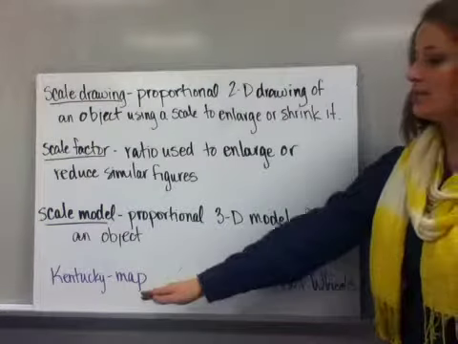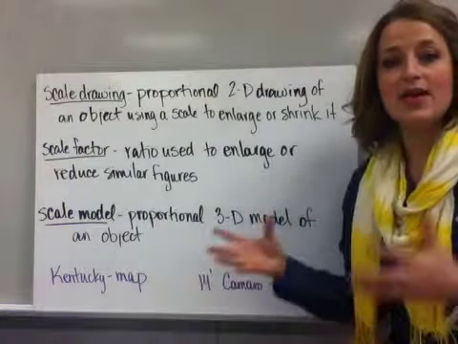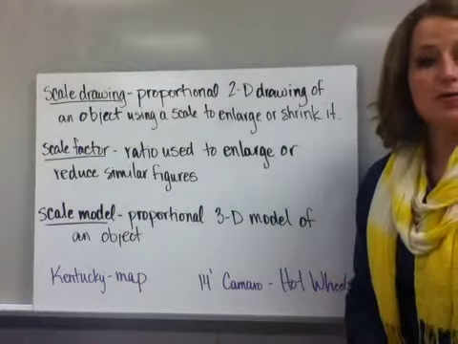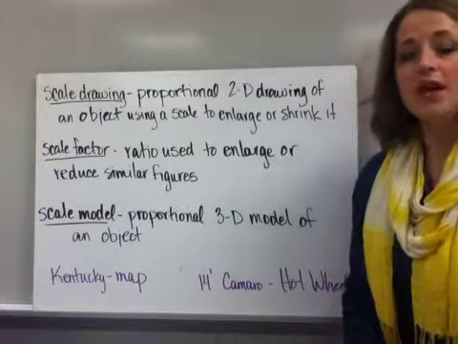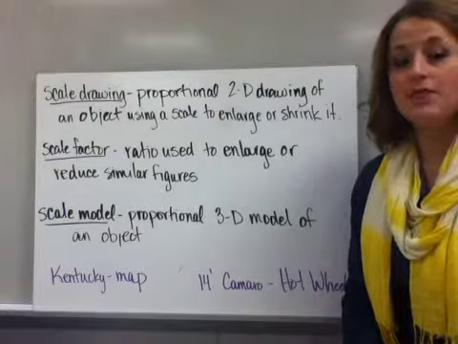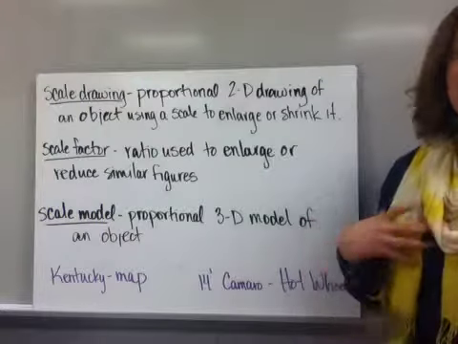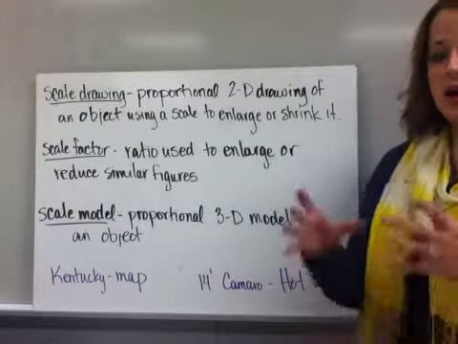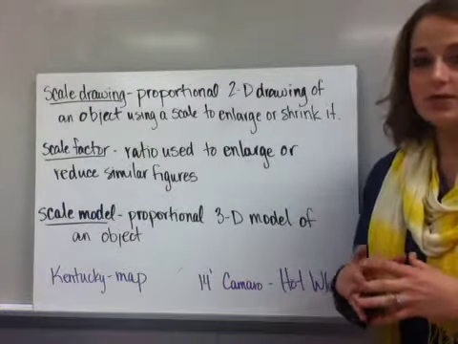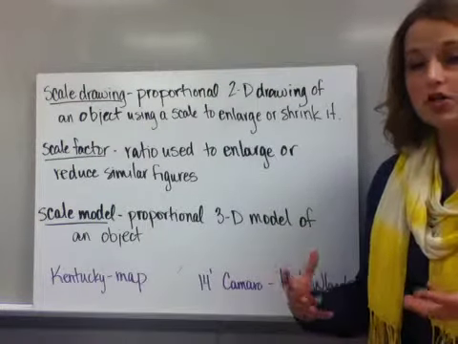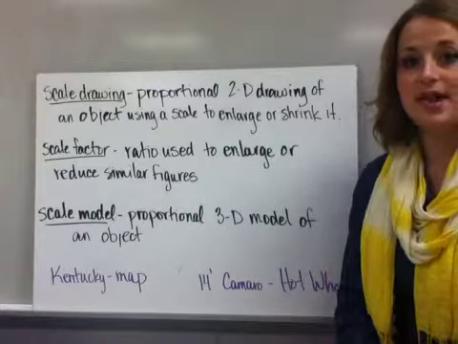So two-dimensionally, this might be something like the state of Kentucky. That's the actual object, and we shrink it down proportionally so that it will fit on a map. Or think about some things in your science textbook. If you were studying an animal cell and you wanted to look at dimensions of it or see how things fit inside of it, an actual animal cell is way too small to look at. So what your textbook does is it enlarges it proportionally so that you can examine the things inside that animal